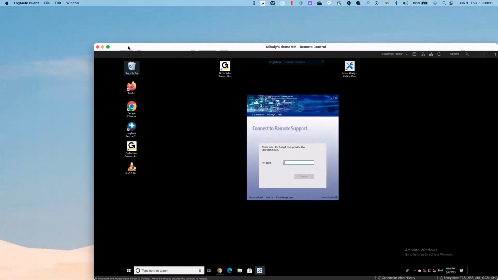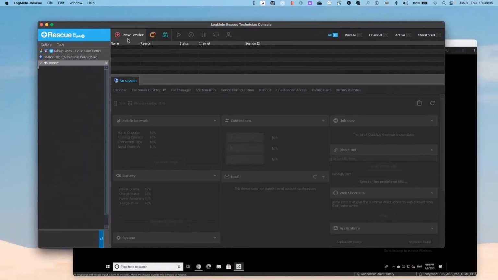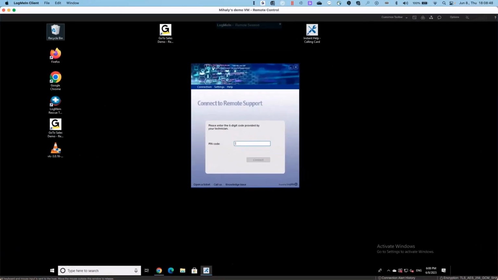And behind this window, I have my Rescue Technician console. So what I'm going to do now is generate a PIN code for this session. I'm clicking on New Session, Create PIN Code, and now I'm going to share this PIN code, and again, let's say over the phone. And once the end user enters this PIN code and hits connect,